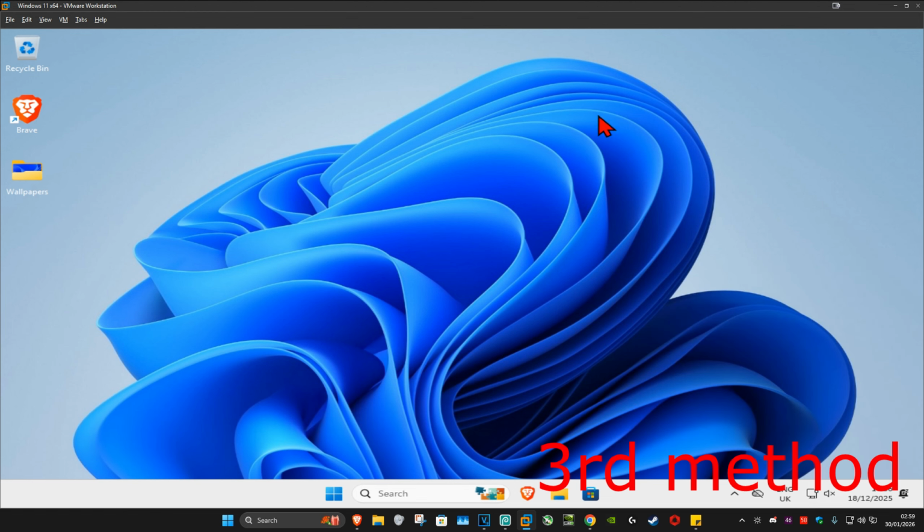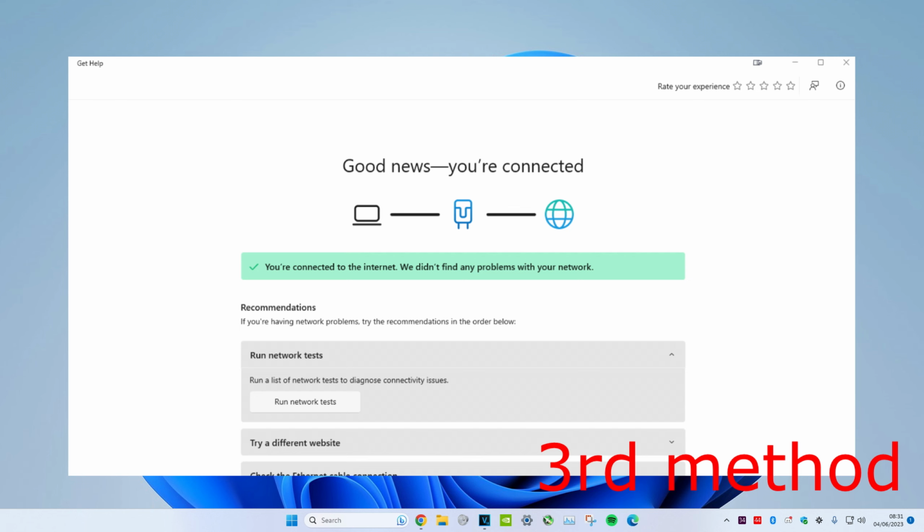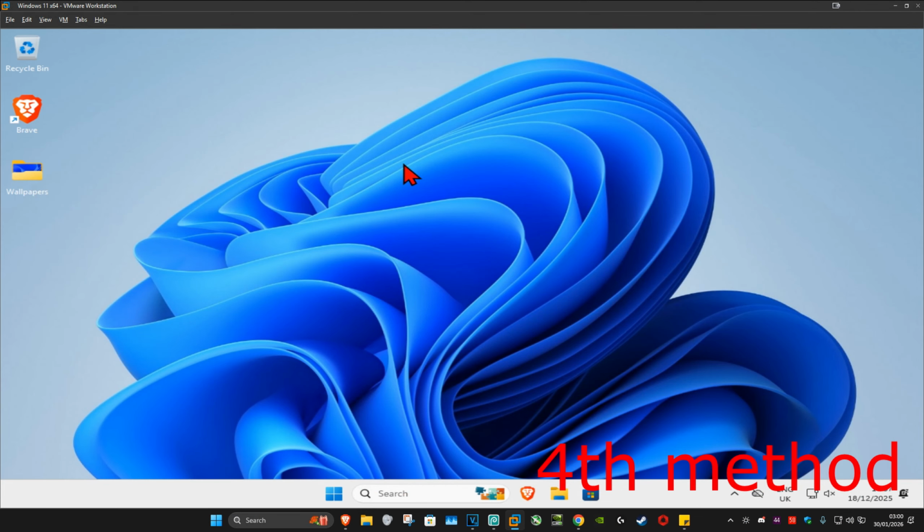For the next method, go to search and type in troubleshoot settings. Click on it. Now once you're on this, you want to click on other troubleshooters. You want to find network and internet and then click on run. And now this will come up, the network and internet troubleshooter. If it detects any problems, it will try to fix it for you. See if that works. For the next method, if you're using an Ethernet cable, make sure that it's properly plugged